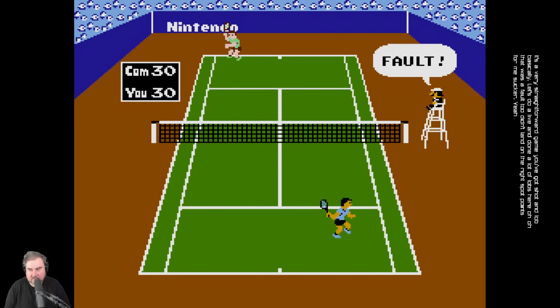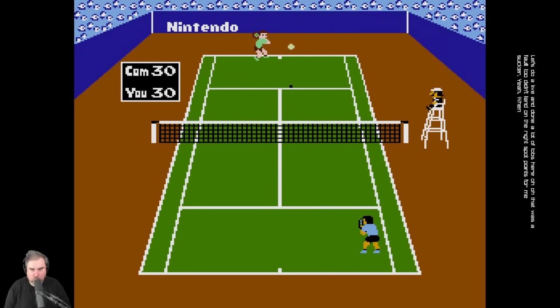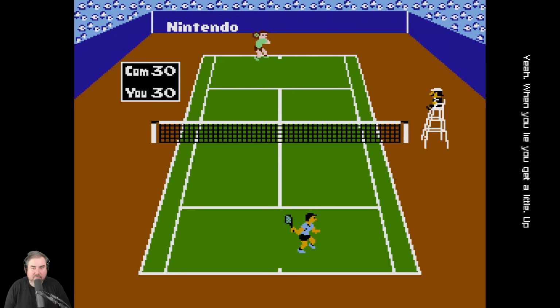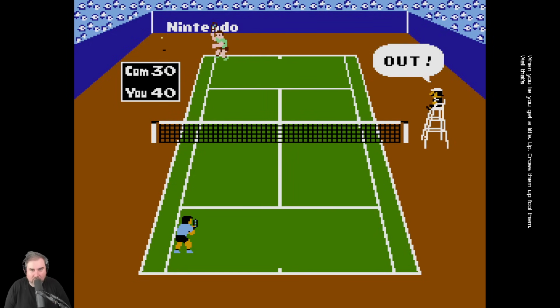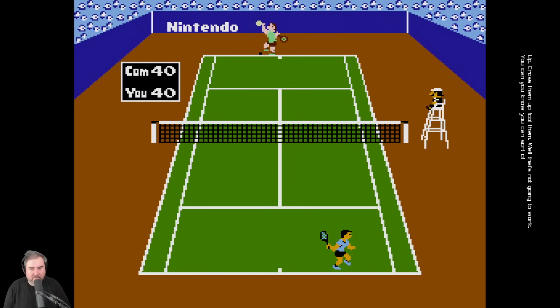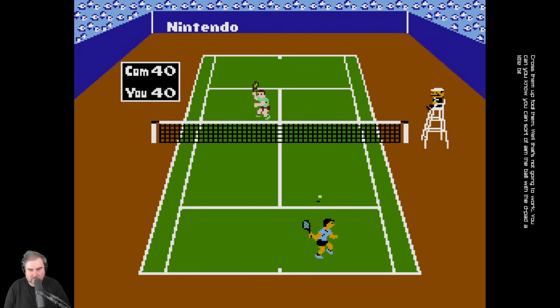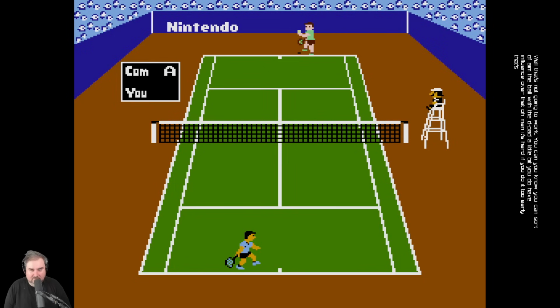Yeah. When you lob, you get a little boop. Oh. Crossed him up. Fooled him. Well, that's not going to work. You can sort of aim the ball with the D-pad a little bit. You do have influence over that. Oh, man. But it's hard if you do it too early. That's what you are moving. Also, so you kind of have to...